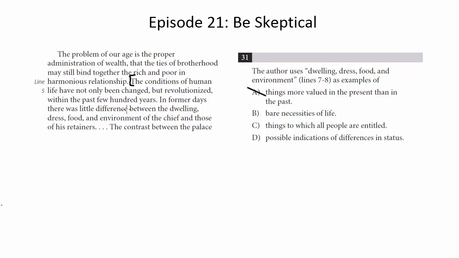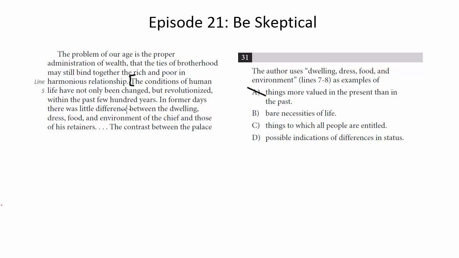The author is saying, a few hundred years ago, back in the day, the chief and his retainers, in other words, like the king and the regular people, had very little difference between where they lived, how they dressed, how they ate, right? They were more or less the same. And then the author's going to go on to say, well, nowadays there's quite a difference between the rich and the poor. And then goes on to talk about the consequences of that. But the author's talking about these things to say, okay,